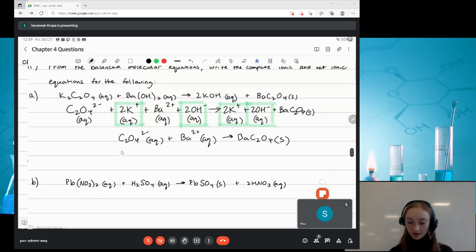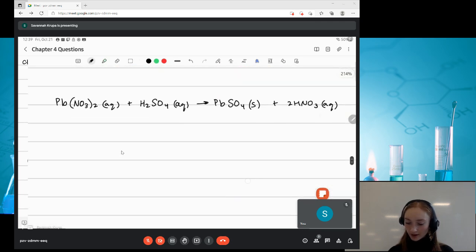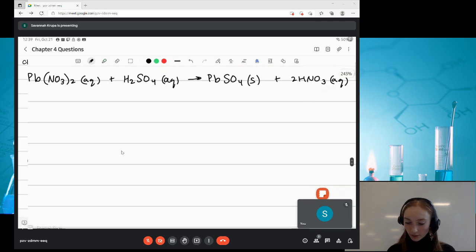Okay, let's move on to 11b. So 11b, we have lead, we have nitrate, and we have sulfate, and we have hydrogen. And so those are the species that we have here. And so we're going to break this down and see which ones we're going to be splitting up into the